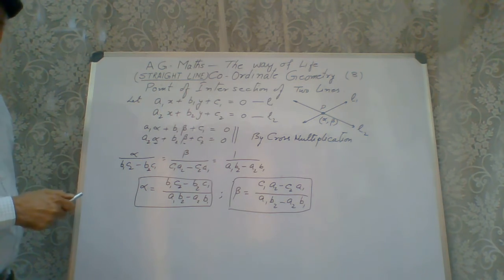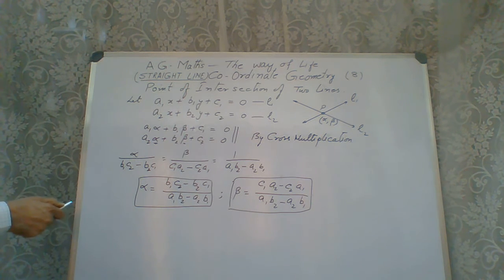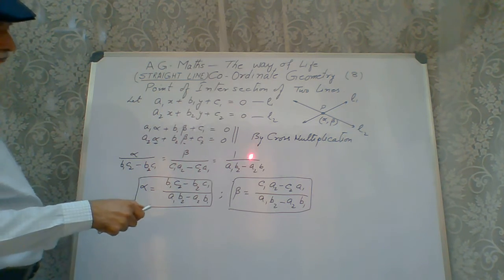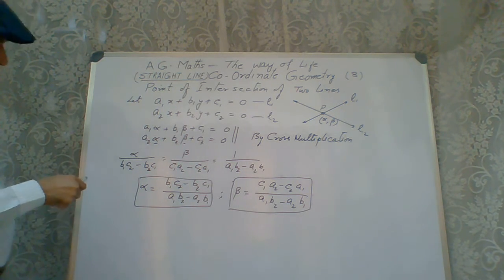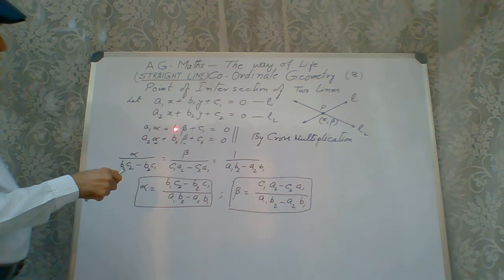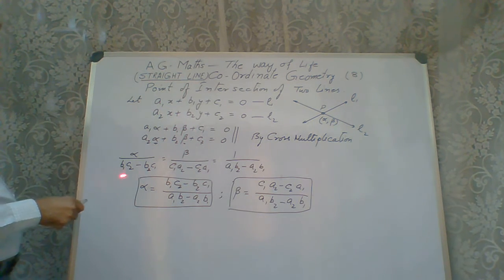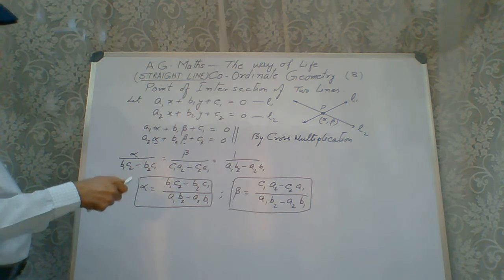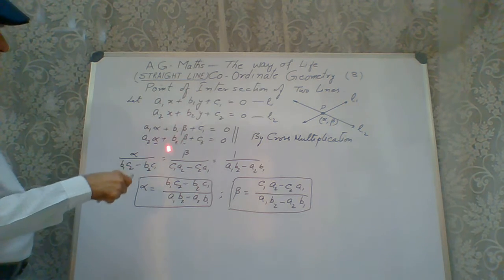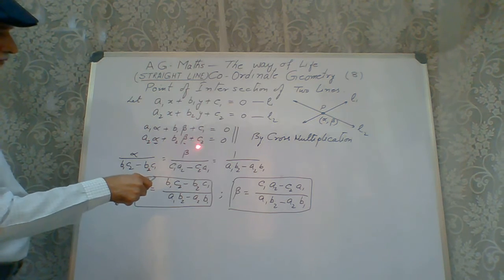Now these two equations have to be solved, and the best way of solution is by the cross multiplication method. By cross multiplication, alpha over something, then beta over something and 1 over something. To write what is under alpha, you cover the part of alpha, take the coefficient of beta, the b1 into c2 minus b2 into c1. Again, for beta, I cover the beta part, and as we ended at c1, so c1 into a2 minus c2 into a1.